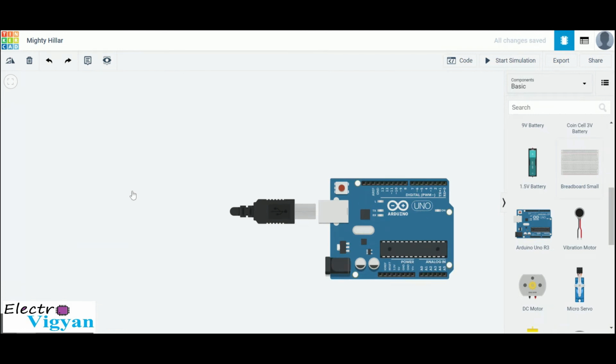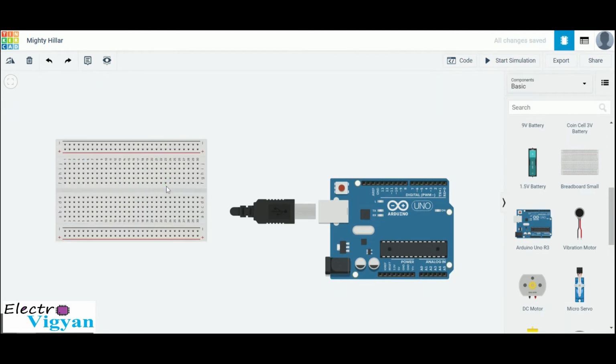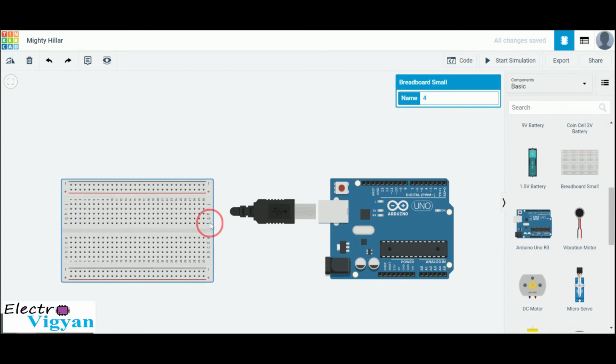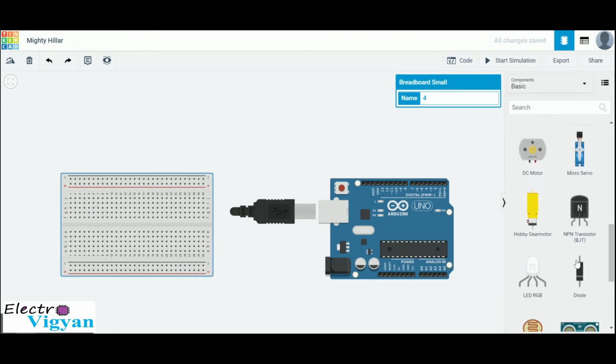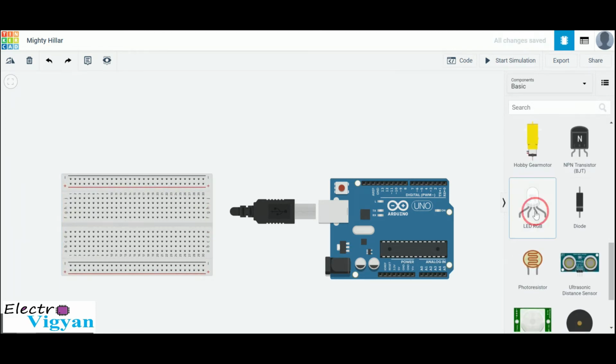Now let us start designing the circuit diagram. Take an Arduino Uno board, place it anywhere, then take a small breadboard, then select RGB LED and place it on the breadboard.